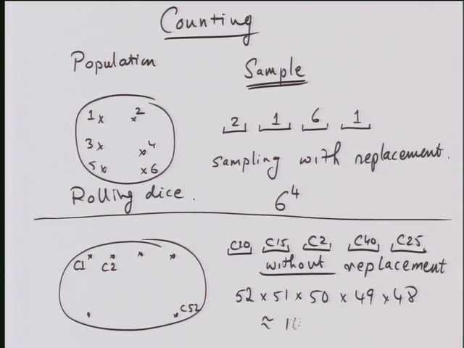Would you say that's about 10 to the 8, roughly, give or take? Right? So already, this number is reasonably impressive. 10 to the 6 is a million, so it's a tenth of a billion. It's 100 million. Okay, so